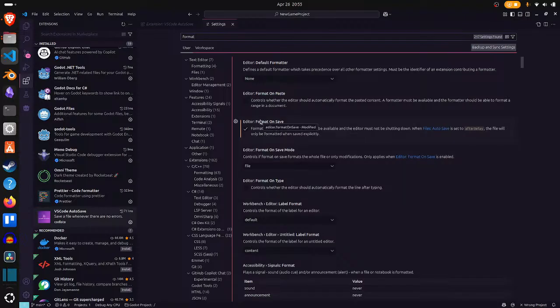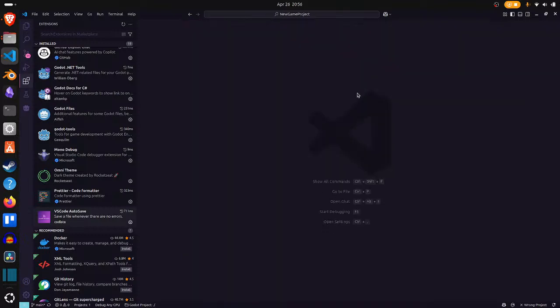For example, no matter how you type it, if you have this enabled, it will automatically format your code once you have saved it, so that you don't have to spend time manually formatting it and stuff like that. I'm actually gonna enable this as well for me. We'll see how this goes, but anyways,